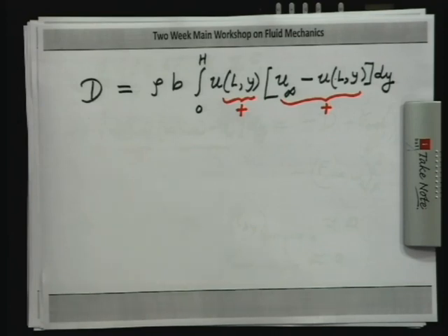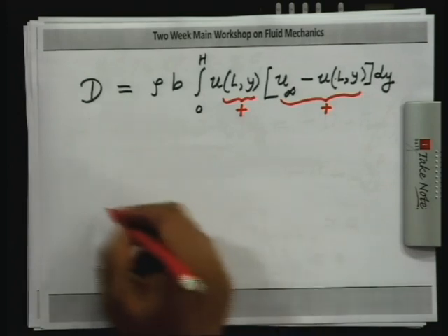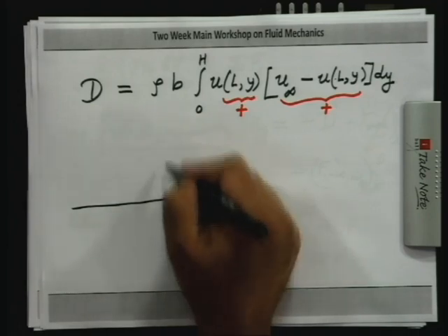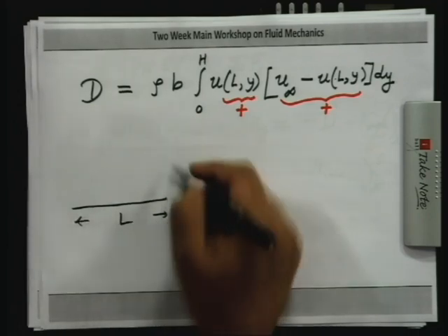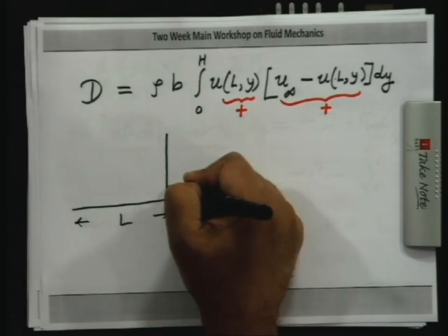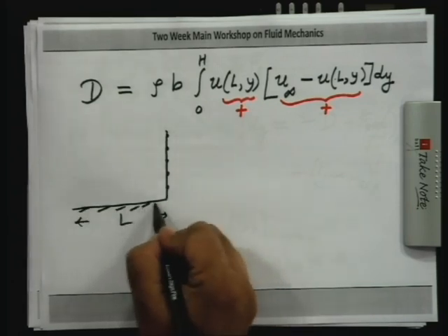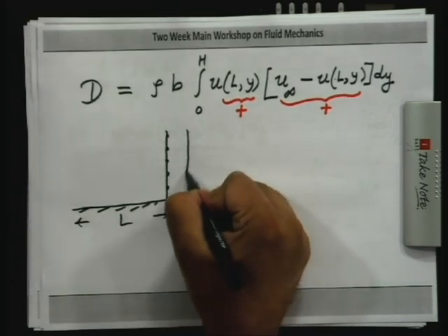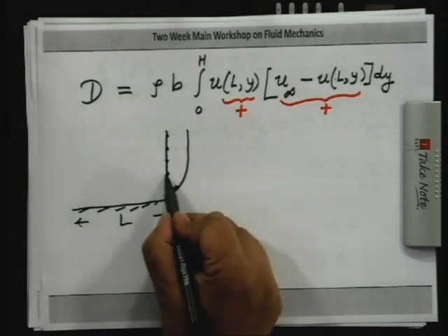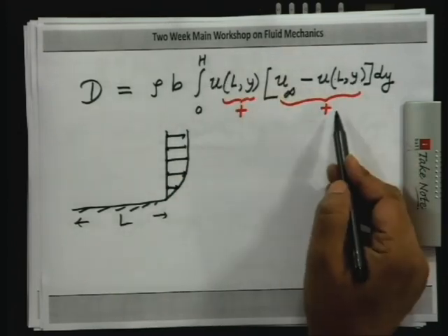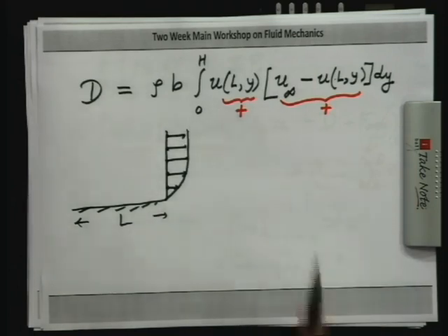Now, this is a very useful relation, and if you measure the velocity profile, say, and carry out a numerical integration, you can estimate what is the drag. So, let us say this is a plate of length L. In the lab, you measure the velocity at different points in the y direction at x equal to L. So, this is a plate, and you may get a profile which is like this. You can do a graphical integration or a numerical integration to estimate this, and you will get the drag on the plate. So, we will take a break, a lunch break for 1 hour, and then we will come back to